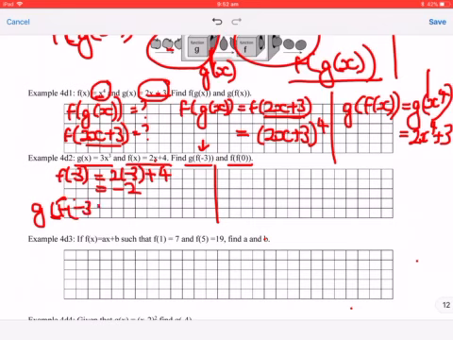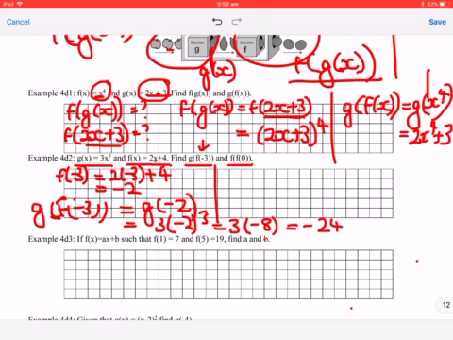g of f of negative 3. And f of negative 3 equals negative 2, so that is going to equal g of negative 2. Alright, so now we replace the x's in g by negative 2. So we get 3 by negative 2 all cubed. Now negative 2 cubed is negative 8, so we get 3 by negative 8, which equals negative 24. Alright,